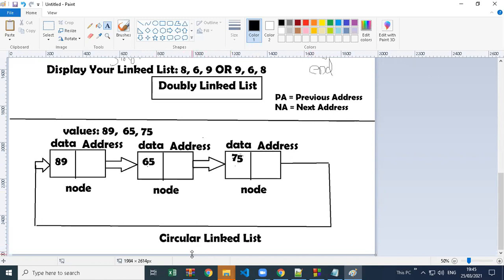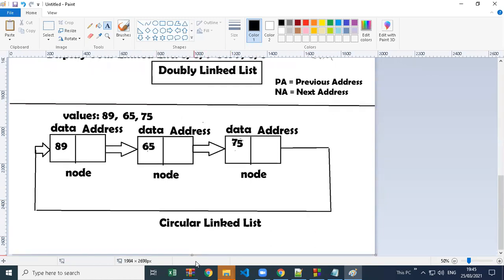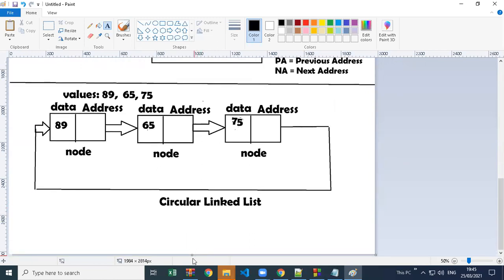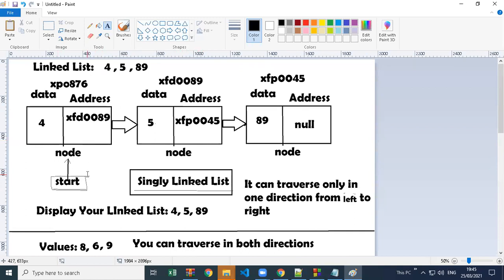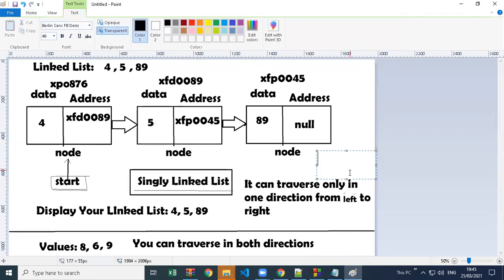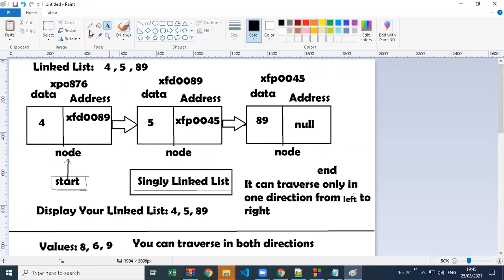Okay, so now here we have no end. Actually we only consider start here. In the singly linked list we consider start and end both. I remember in code we have to write end there. We cannot traverse in both ways in a singly linked list, but we take both nodes, start and end, for doing some operations.